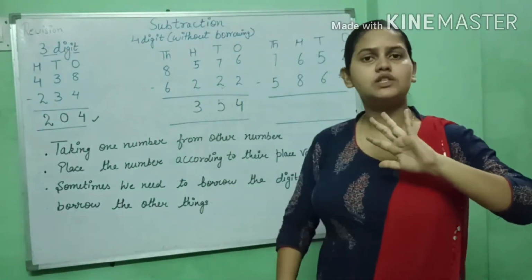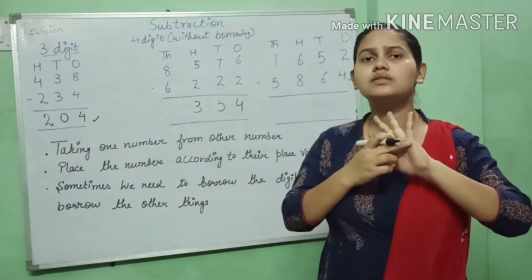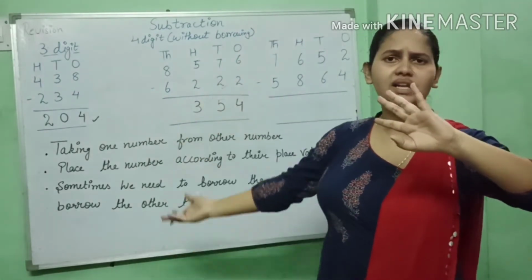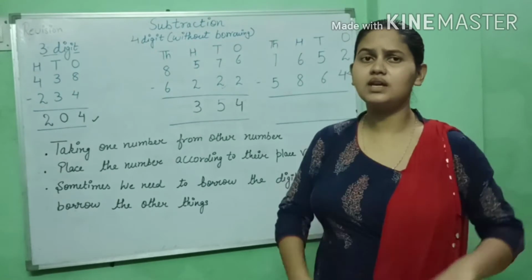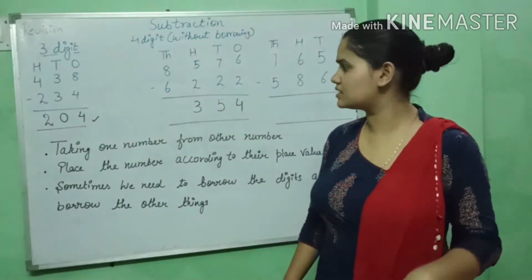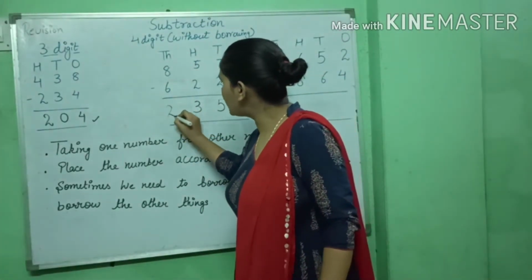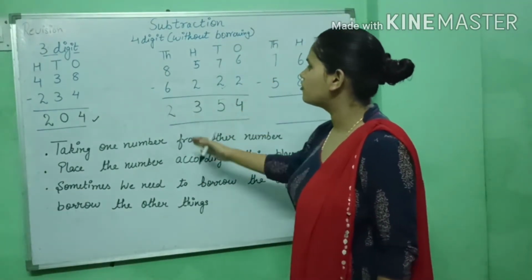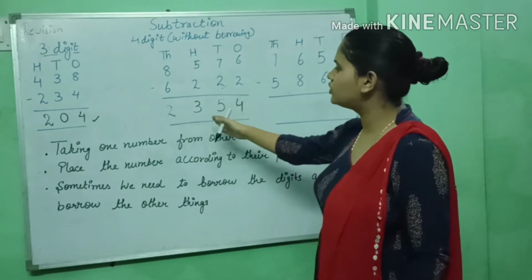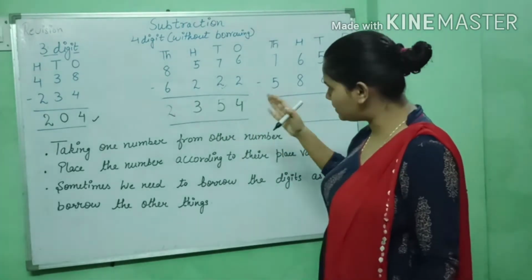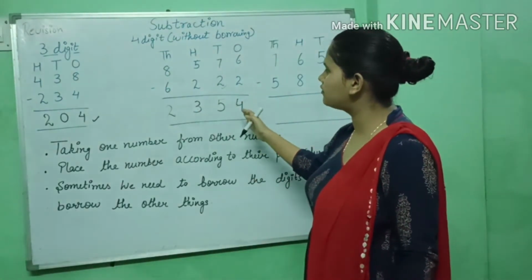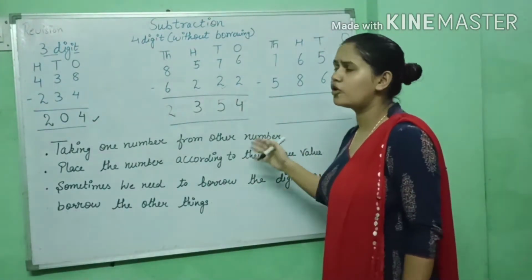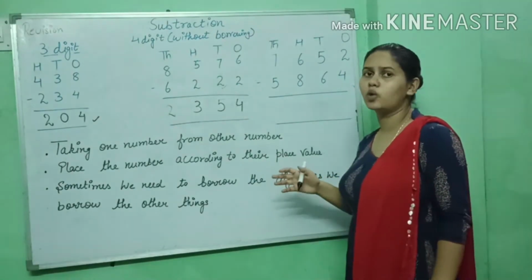We have to minus 6. We will count after 6. So after 6 is 7 and yes, 8. We have to count till 8. So 7 and 8. How many digits are left? 2 digits are left. So in this way we also did our 4-digit sum without borrowing, which answer is 2354. I am repeating, 2354 is the answer of the 4-digit without-borrowing numbers.